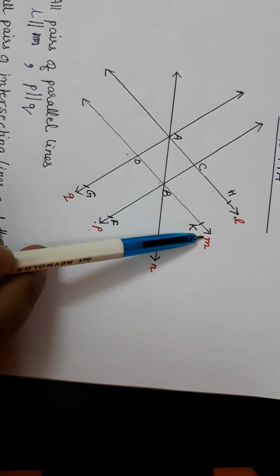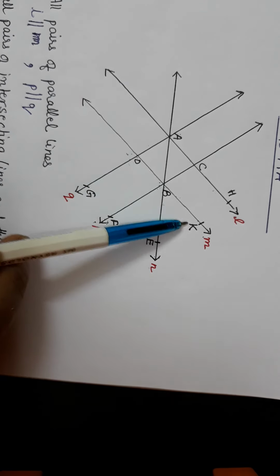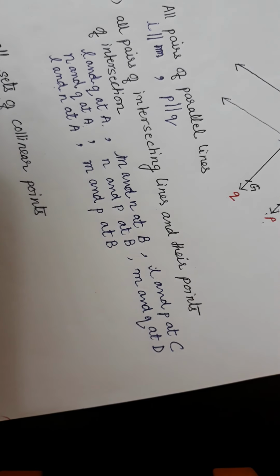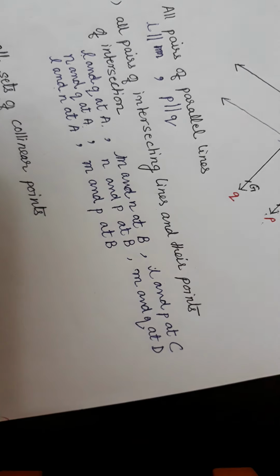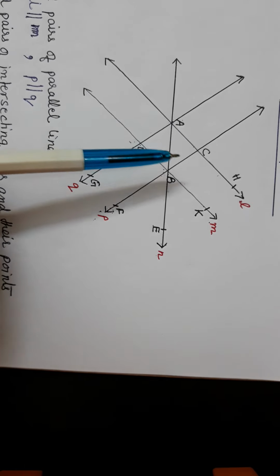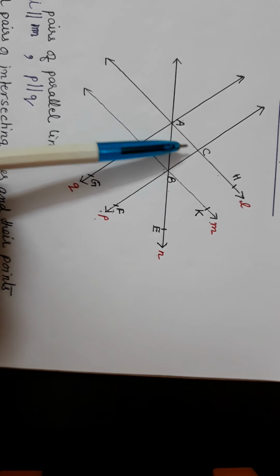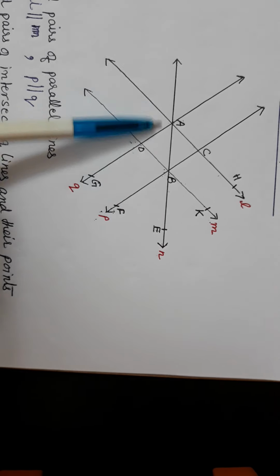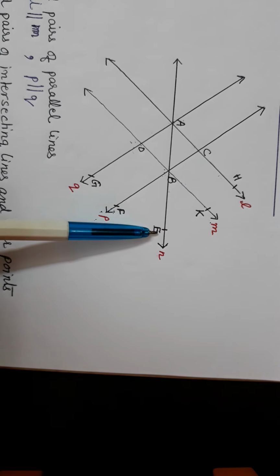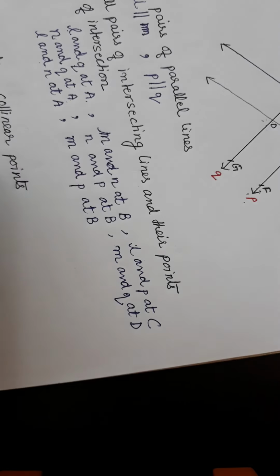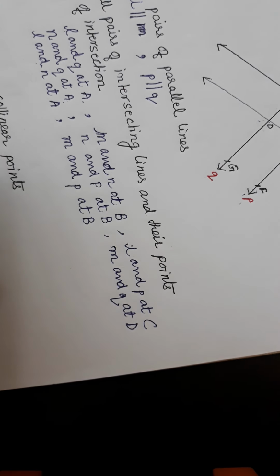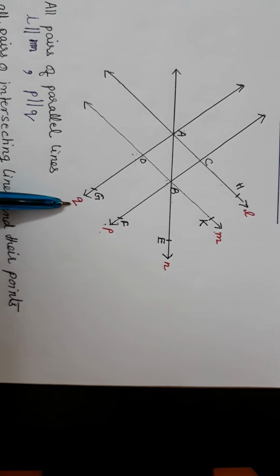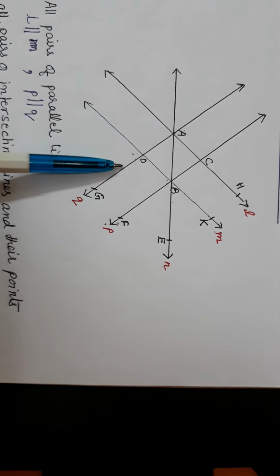Then the second set I am also having on line M: D, B, K. So I can write D, B, K. Okay. The third set I am having on this line also, line N: A, B, E. These are also lying on the same line. These are also 3 points. 3 or more than 3 points lying on the same plane are collinear. So I have here A, B, E. Similarly, I have on line P and Q also C, B, F, A, D, G.